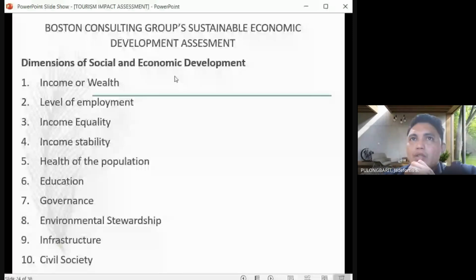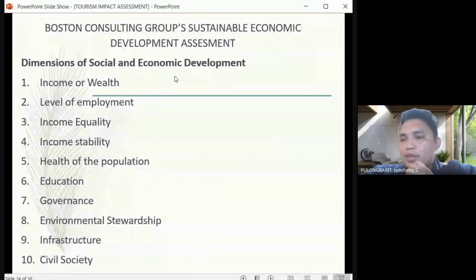So from the word itself, this focuses more on social and economic development, or more on economic development. These are the dimensions based on BCG SEDA, the dimensions of social and economic development: income or wealth, level of employment, income equality, income stability, health of the population, education, governance, environmental stewardship,